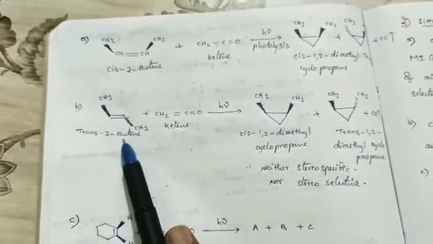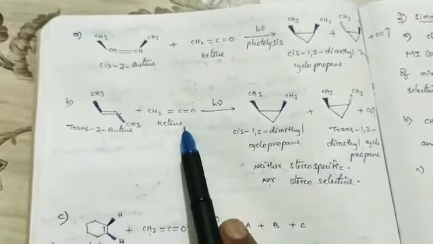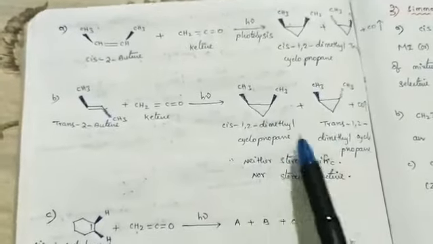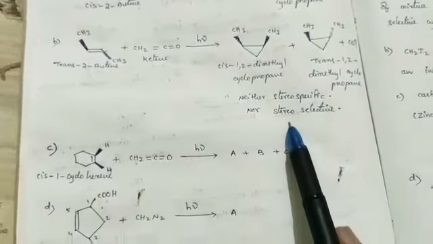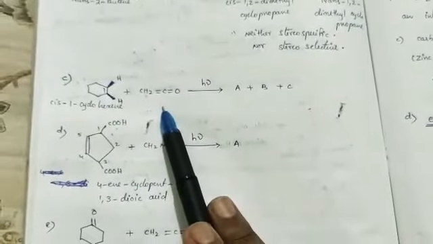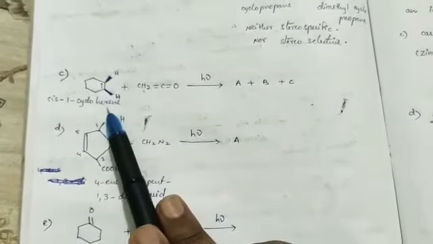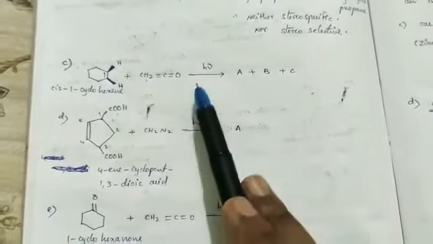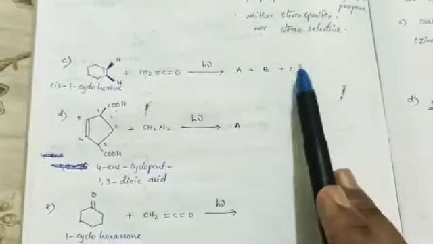So if we take a trans 2-butene by addition of a ketene, then it forms a mixture of cis and trans, therefore it is neither stereoselective nor stereospecific. Now all of you do some examples, some exercises. So I am taking cis 1,2-dimethylcyclohexane, now we are adding ketene, then write down the products here.